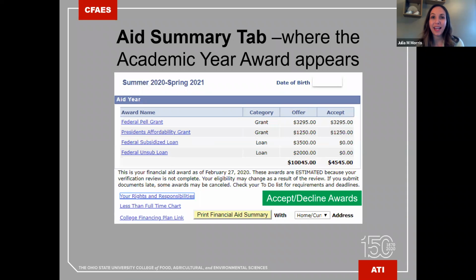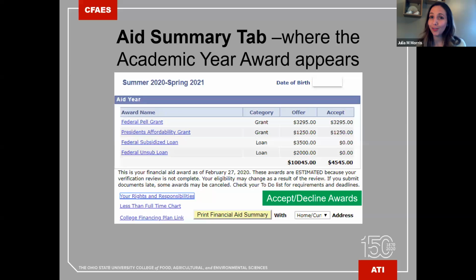All right, so the aid summary tab is most likely the one that everyone wants to get to see what they've been awarded. Here you're going to see what grants, student loans, even federal WorkStudy, okay? Other things that might trickle in here is if you completed the OSU scholarship app, those scholarships will be posted in this area. If you were awarded any ATI scholarships, once you do the acceptance process from what the letter entails, then those will eventually be added into here as well.